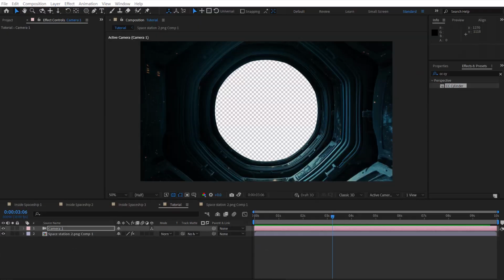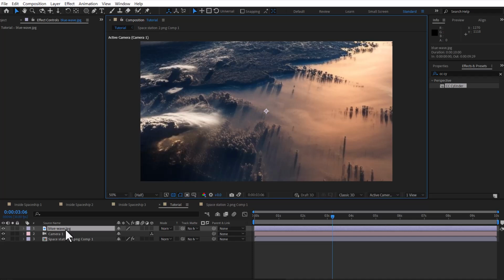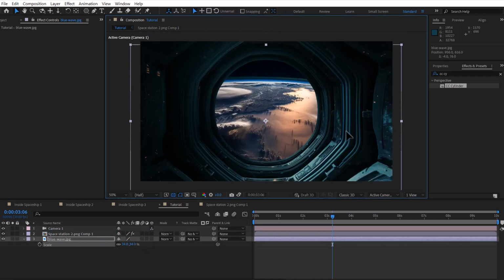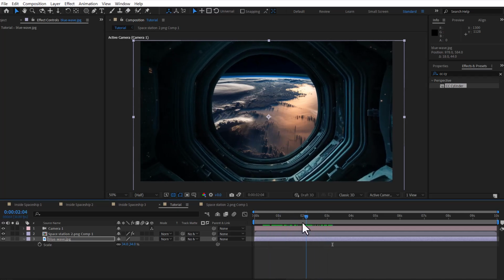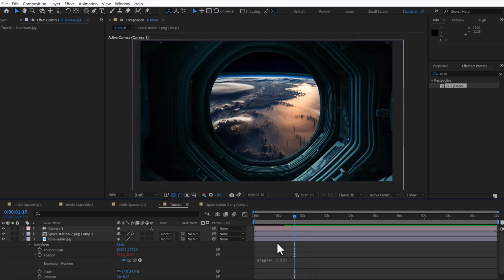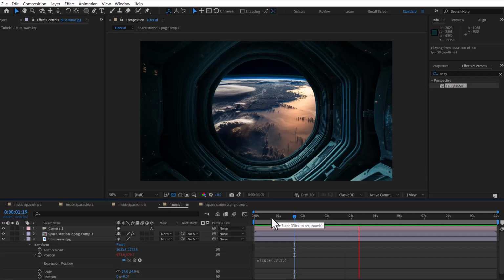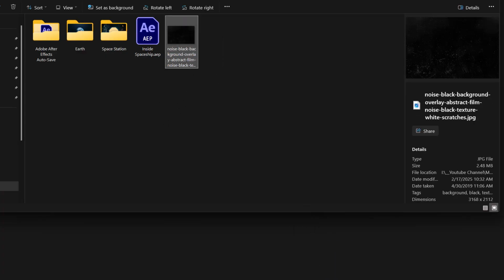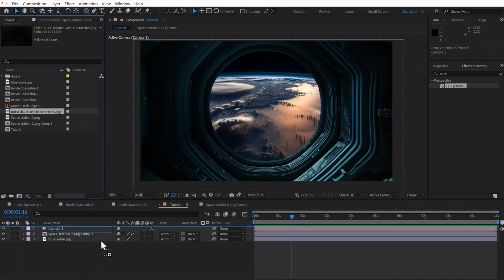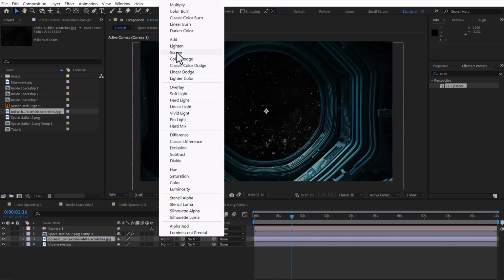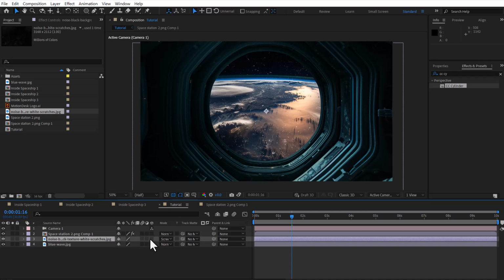Now we import the background image into After Effects, place it below all the layers, and adjust its scale and position. Then we apply a smooth motion to the background's position using the wiggle expression. Now it's time to add a glass dirt texture. We place the texture above the background layer, set its blend mode to screen, make it 3D, and adjust its